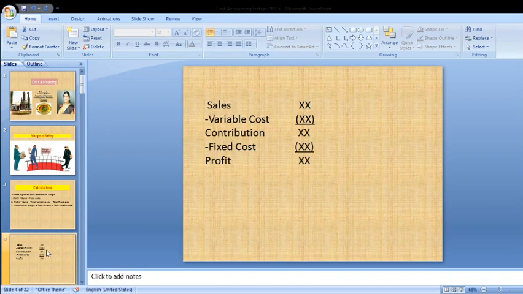Now the formula for profit is like this: (S minus VC) into Q minus FC is profit. You can use it to calculate Q, that is the projected quantity or the target quantity for a certain level of profit. So now FC plus expected profit is the numerator, divided by S minus VC. Getting it? Then we also discuss the break-even point analysis.